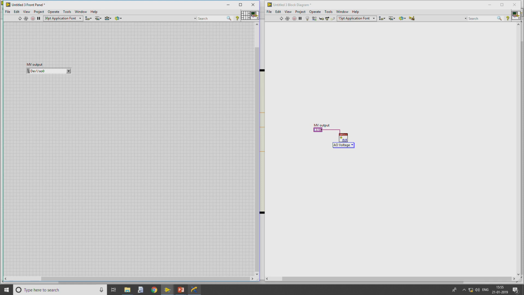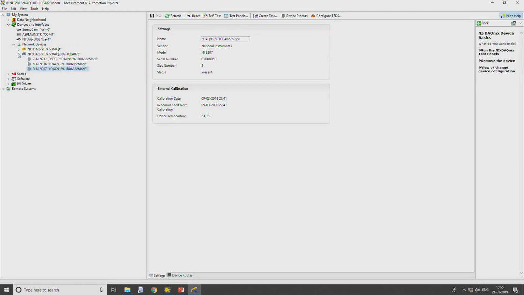From NI MAX, if you observe, we have seen different types of devices connected, which are the NI USB 6008 as well as the cDAQ 9189. For acquiring the data from the sensor we are using cDAQ, whereas for generating the signal to the real world we will be using 6008. It does not mean that the same device cannot be used.